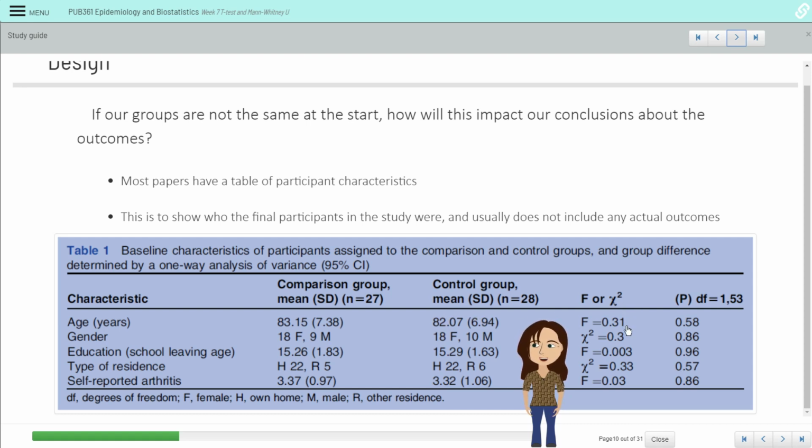They've done some testing here, and we haven't covered these tests yet, so we're not going to look at this column, but this is the test statistic, which is commonly reported, and it gives an indication of which test was done, F-test, chi-squared test. F is usually analysis of variance, which we'll do next week. And then the p-value,